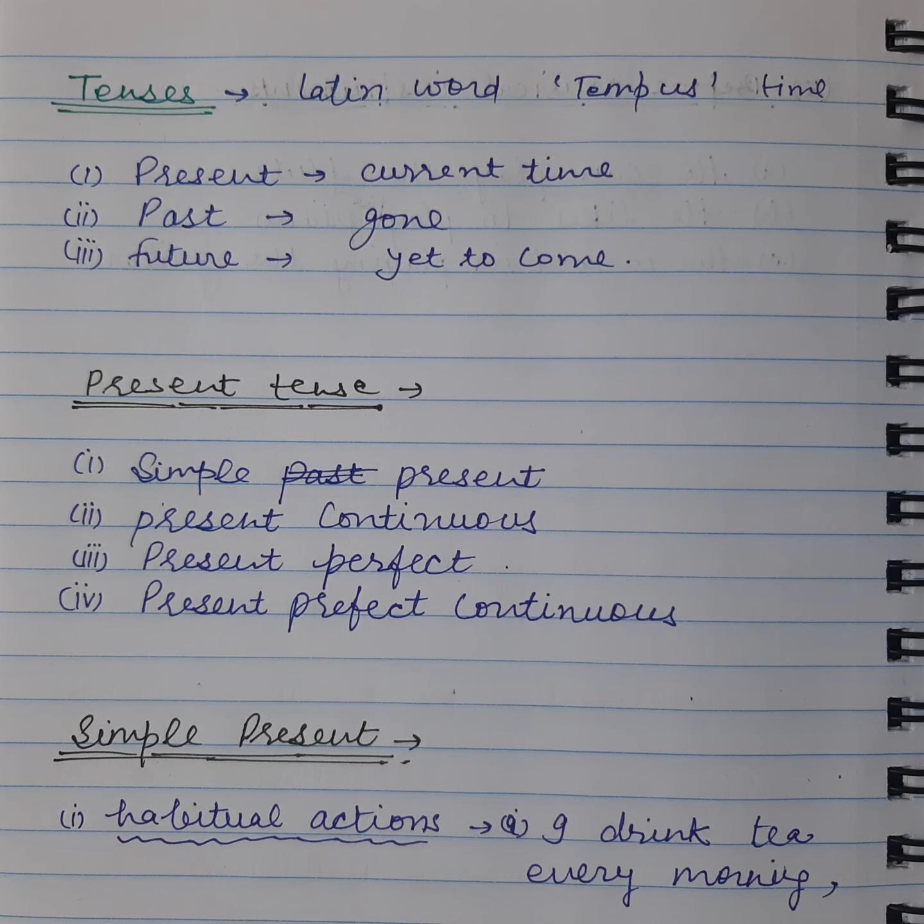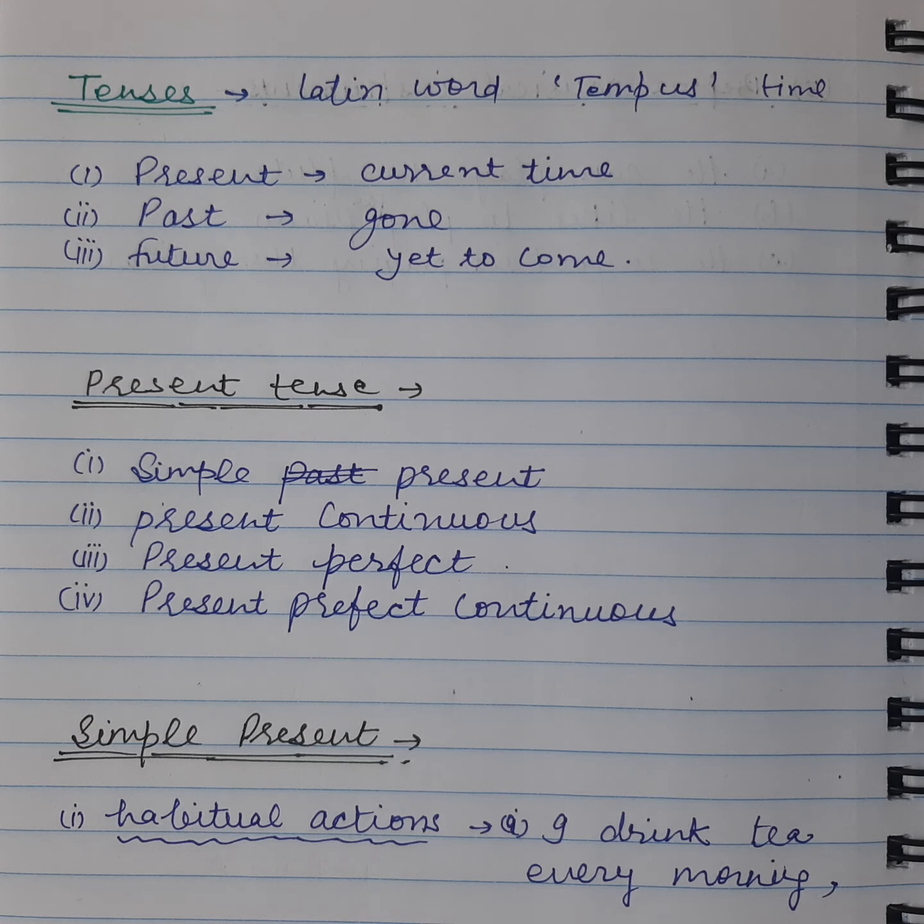Hi, in this lecture I'll discuss tenses. So tenses came from a Latin word tempus meaning time. We can broadly classify tenses into three classes: present tense, past tense and future tense. Present tense is current time, past tense is time which has already gone, and future tense is time which